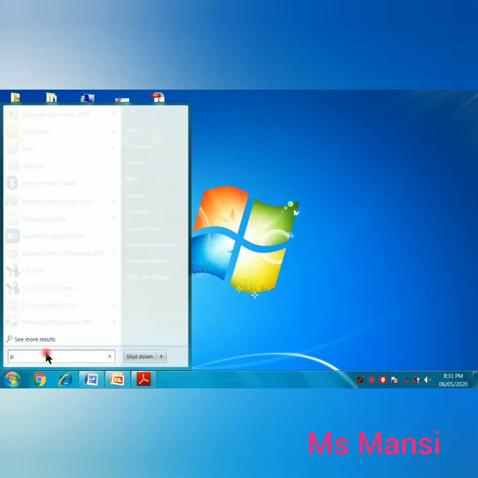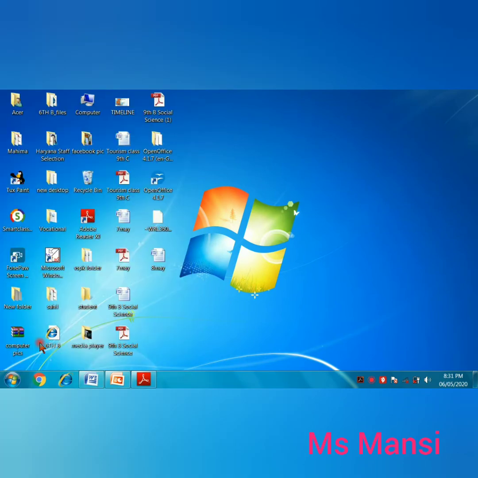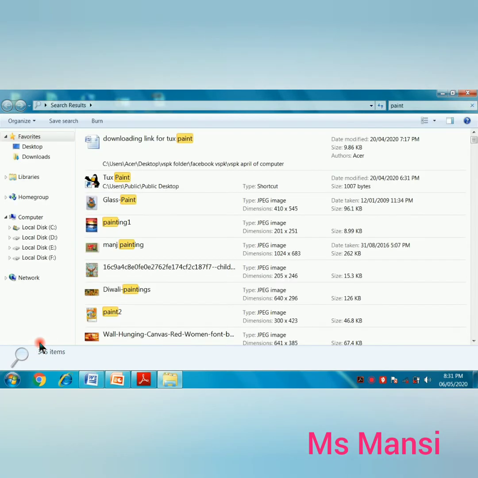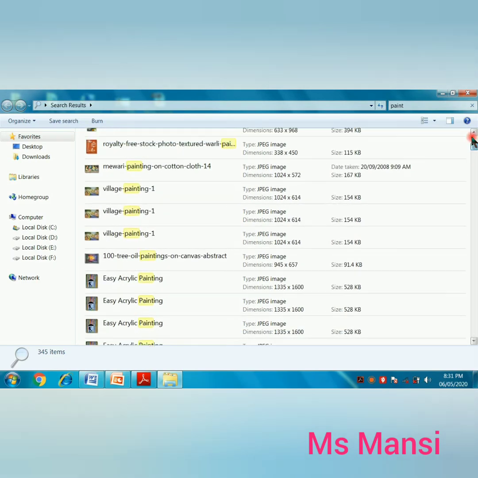If I search paint, I write paint in this and then just click on see more results. See, you will immediately see a list of relevant documents. I have searched paint. See, there are various files or folders in which the word paint is there. Okay students, so this is how your search is made easier.